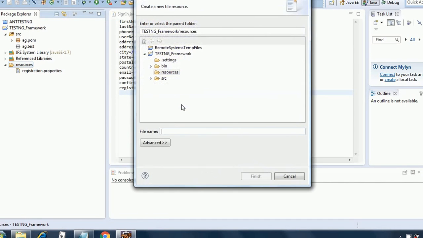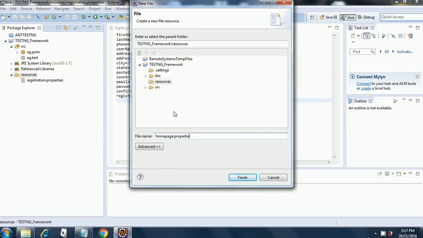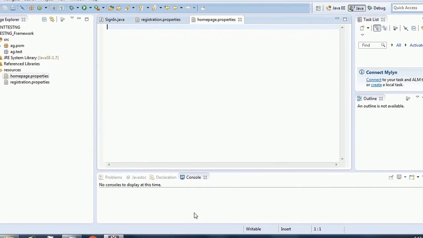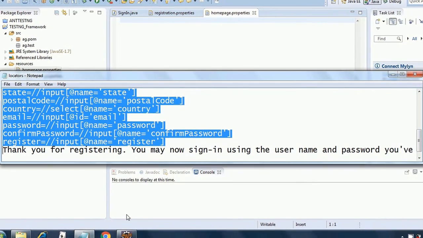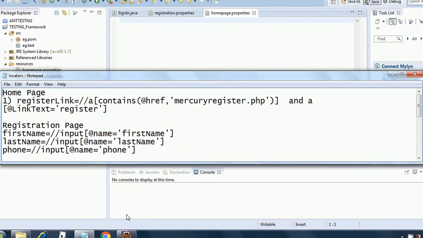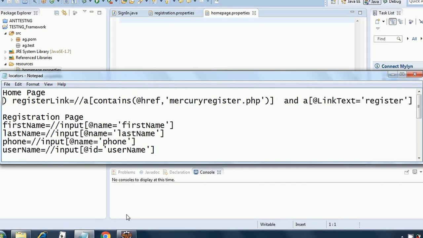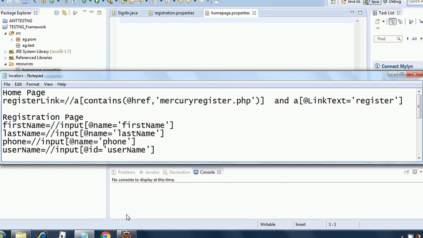File, and I am going to give this the name homepage.properties. Okay, I click finish and the homepage.properties is created for us. Then I just copy paste the things from the home page. I delete this first and I put this register link in the properties file.